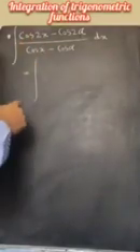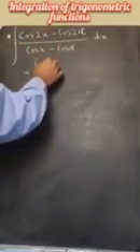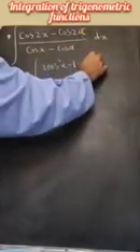We know that cosine of 2x is equal to twice cosine square x minus 1. So instead of cosine 2x we write twice cosine square x minus 1. Then we have minus, and instead of cosine 2 alpha we write twice cosine square alpha minus 1